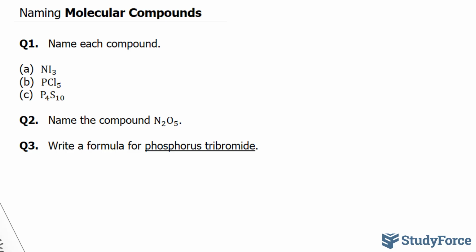Let's start with question 1. Name each compound. In question A, we have NI3. N represents nitrogen, I represents iodine. According to the formula, there are 3 iodines and only 1 nitrogen. The name of the compound is the name of the first element, nitrogen, followed by the base of the second element, and we said it's iodine, but the base is iod, prefixed by tri to indicate the 3 that I mentioned, giving us the following name: nitrogen,